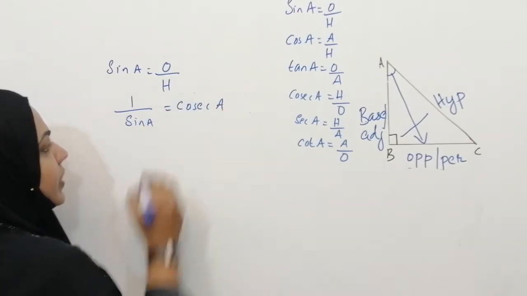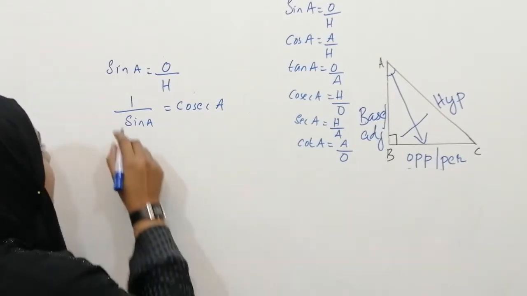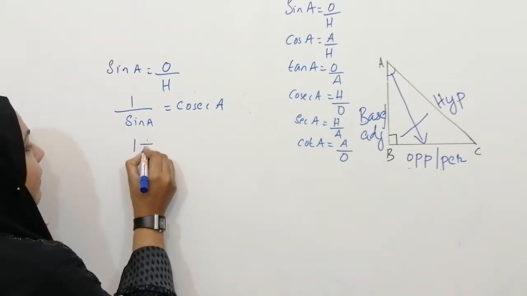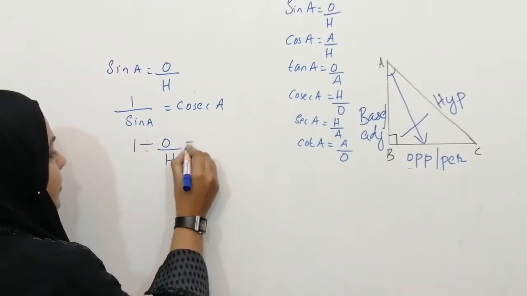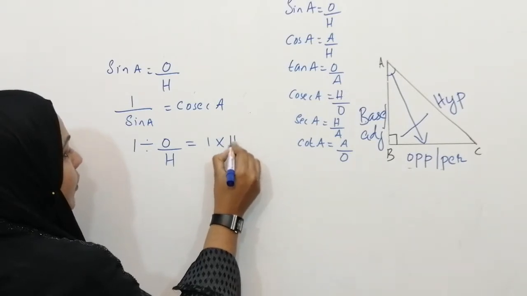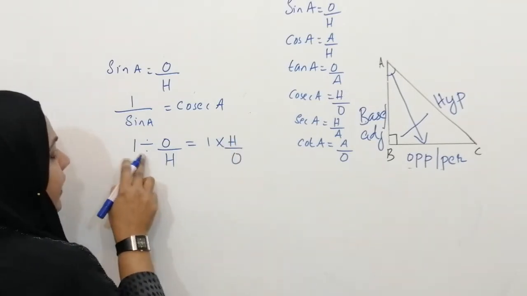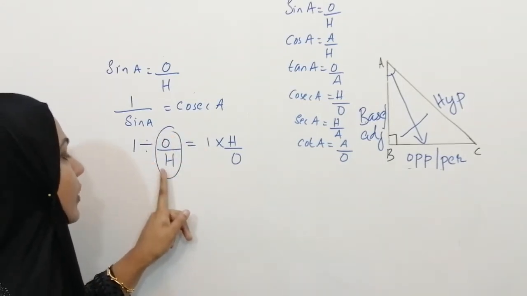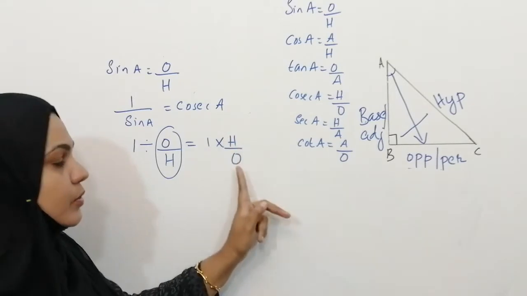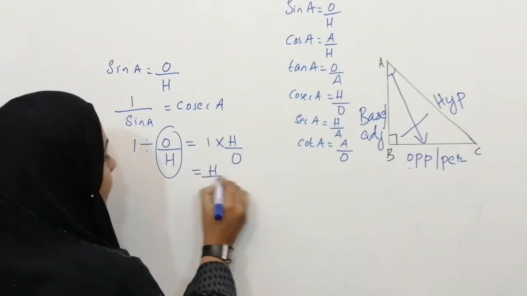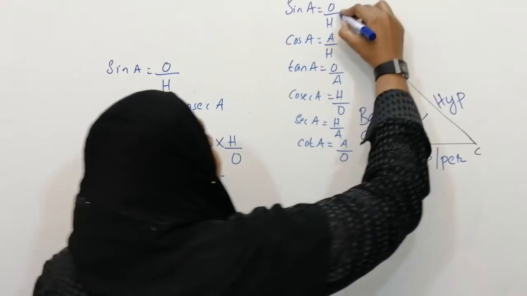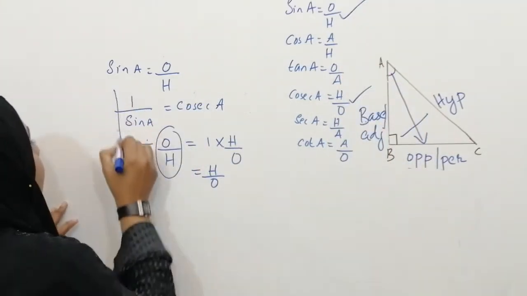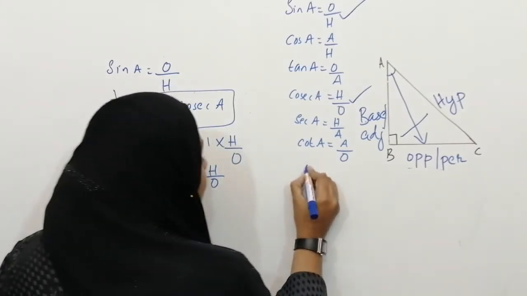So now you will think how it will be. So let's check. So 1 by sin A. So I am writing now, for avoiding confusion, I am writing like this: 1 divided by opposite to hypotenuse, that is 1 into hypotenuse by opposite. So you know that for division you have to take the reciprocal of opposite to hypotenuse. So when I took the reciprocal, I got hypotenuse to opposite. So h by o. So now you can see o by h is the reciprocal of h by o. So you can write like this, 1 by sin A is equal to cosec A.